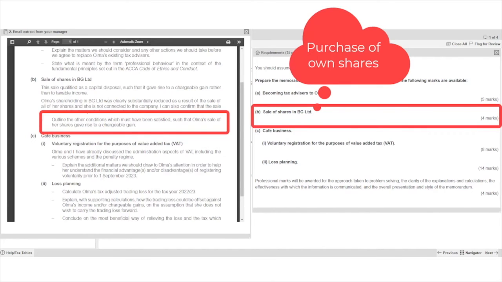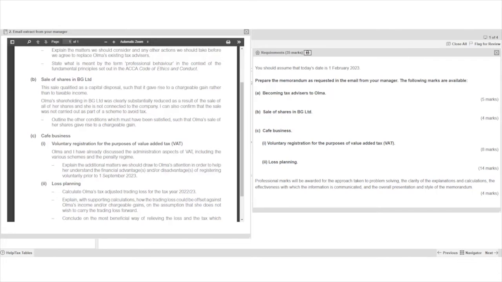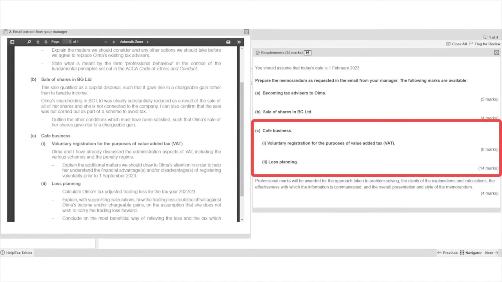The individual receiving the cash from the company either treats it as a chargeable gain, proceeds for the sale of the shares, or treats it as an income receipt, so mainly a dividend. If you're not familiar with purchase of own shares, I would recommend that you have a look at this, but I'm not going to go through this bit now, as it is a rather niche area. What I do want to have a look at, though, is part C, which covers some more mainstream areas, and consider some of the examiner's comments on how you could have scored well on these parts.